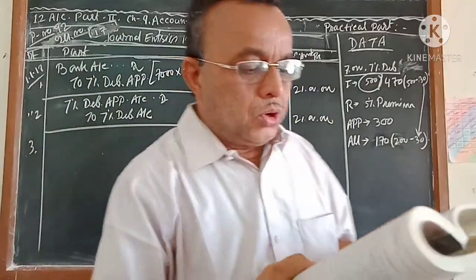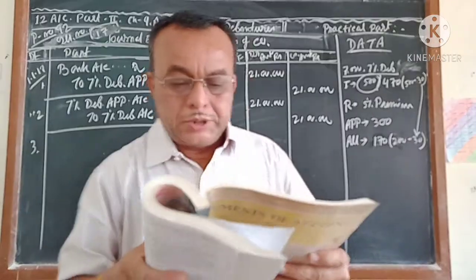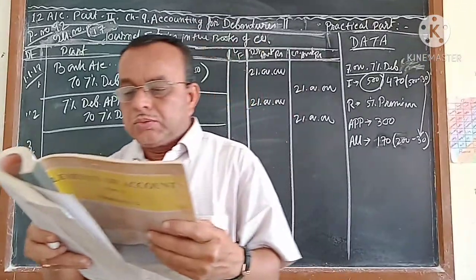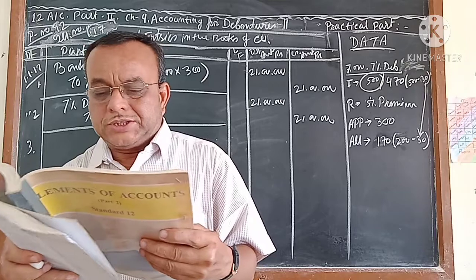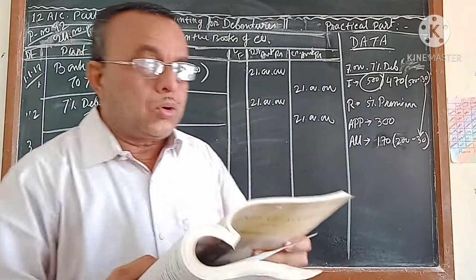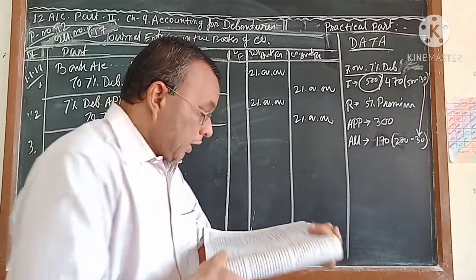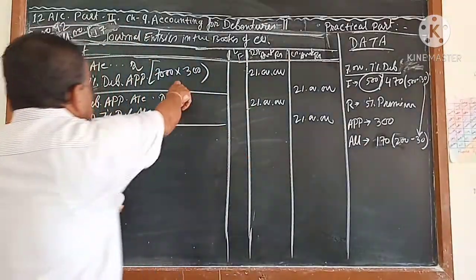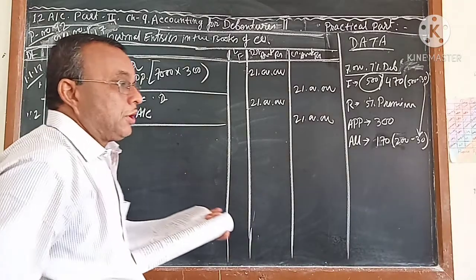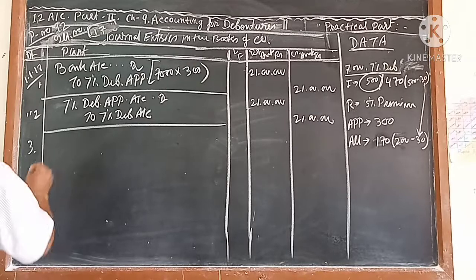Actually, the debenture you are going to redeem after 6 years. But that redemption journal, no need to pass it here. We only have to pass the issue journal. Now we will pass the journal entries for call for allotment. Here there are two entries, application and allotment. Now we are going to pass the calling entry for allotment.